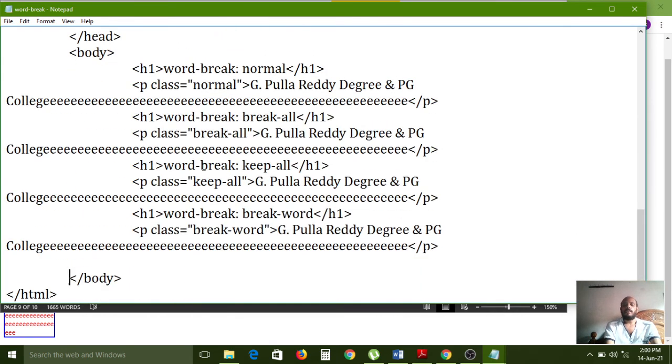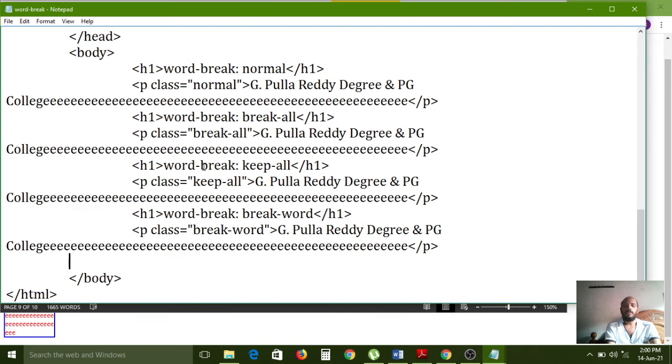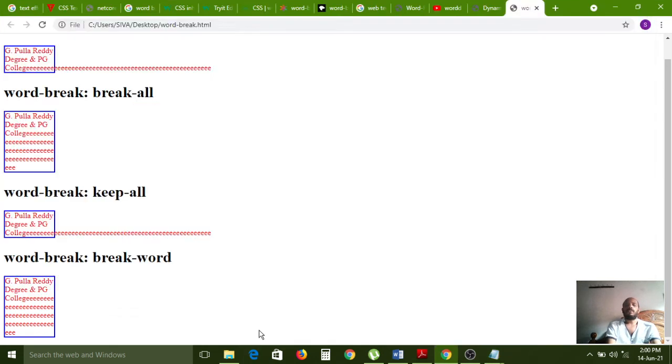After that, again I want to copy and paste these two lines from here to here. Here I want to change the heading from break-word to initial, and instead of the break-word class, I need to configure the initial class. So now we have to see what output we will get.